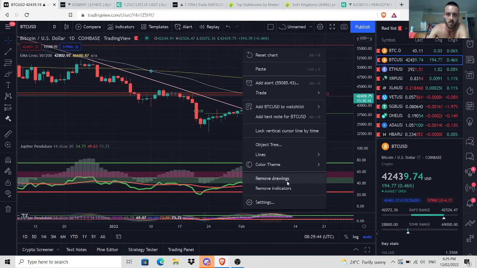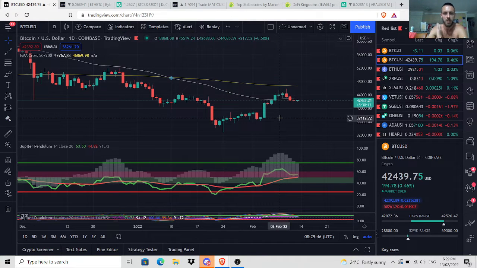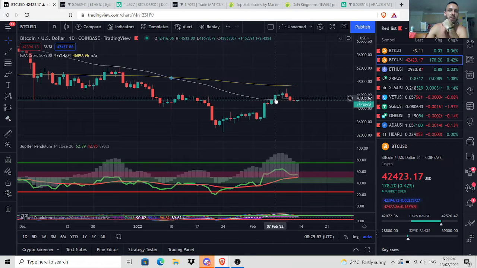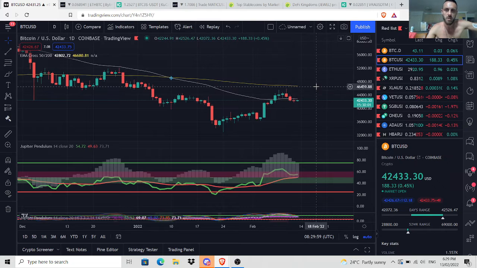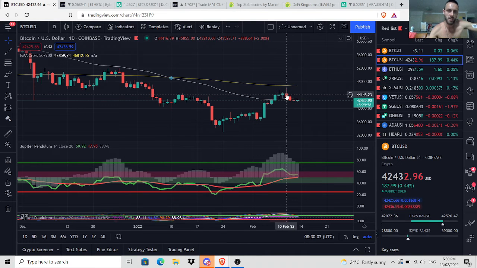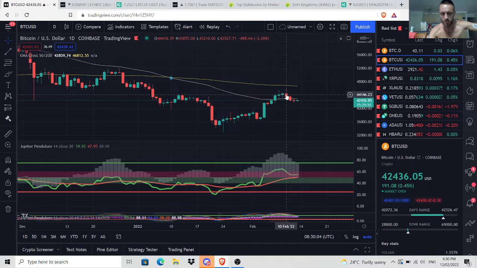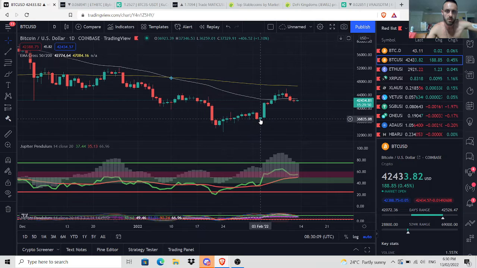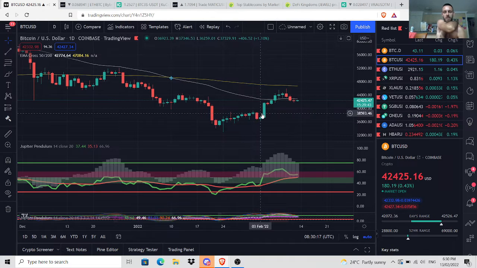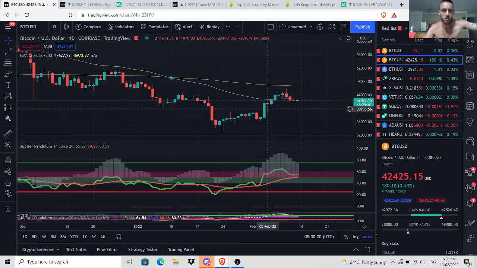Okay, so let me just clear the drawings for a sec so we can get a nice clear picture of what's going on. Now we come up, we broke the 50, made a clear candle close, okay, it was above these levels, and then we started printing some indecisive doji candles and an inverse hammer. Usually this means the uptrend is at least going to consolidate, okay, because on the other side when we get a hammer candle or two, it means we're going up. Pretty much all of these are hammer candles, okay. Then we had the bit of a correction, signal for everyone to get in, and then we pumped quite massively.